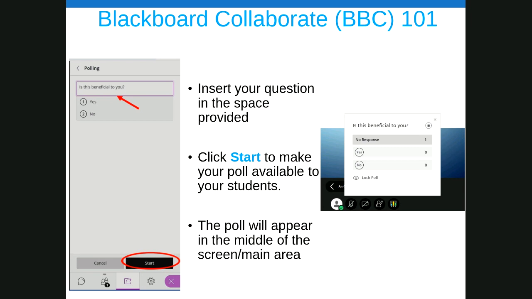Now, when you want the voting to stop and you want to show results, could somebody click on show responses? Anyone who is seeing it? Good. Go ahead. Click on it. Good. And so we see that out of the 15 persons who voted, out of 22 persons, 15 persons said yes. And could someone stop sharing the poll? It's just to click on that circle icon with a square in the middle. Good. And that's basically how you create a poll.